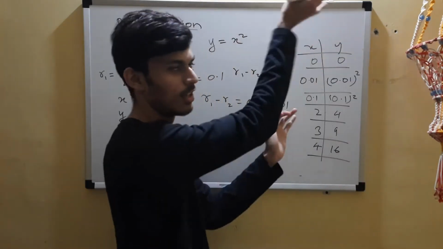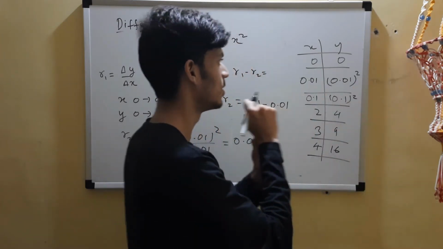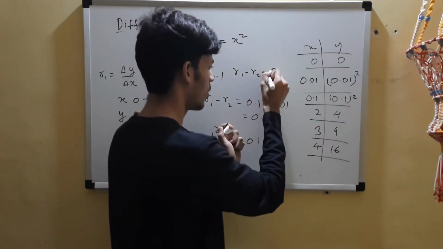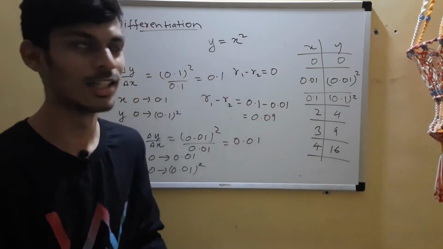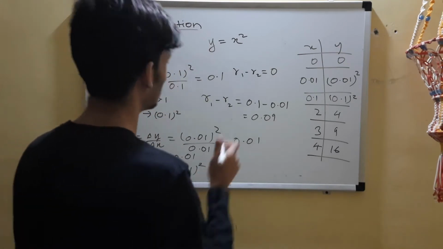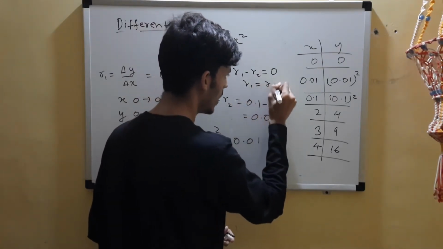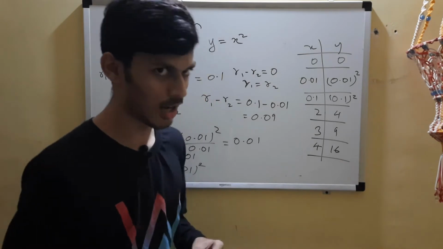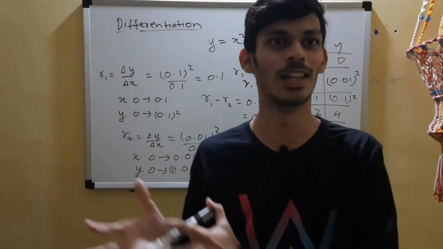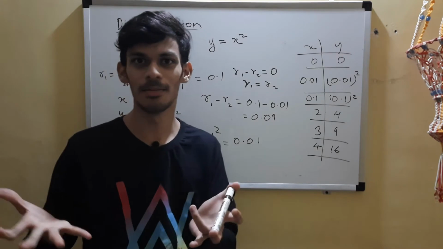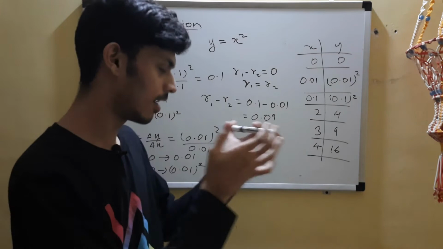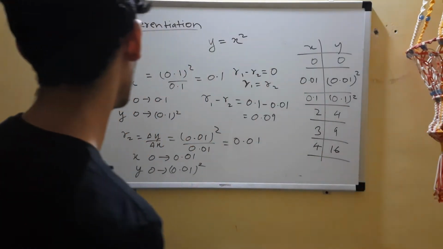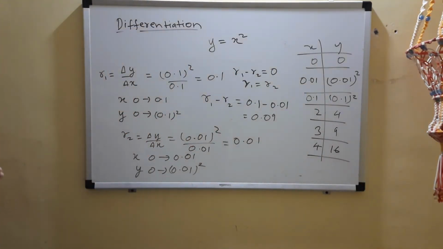There will be a case when we go closer and closer to 0. So somewhat approximate, I'm saying. The whole study of this is approximation, but it works. It's like closest to truth. Okay, so there you can conclude that R1 and R2 are equal. So the rates are becoming equal, right? So where did they become equal? When delta x became very close to 0. So you can note that down. That was the idea that I wanted to put in your head.